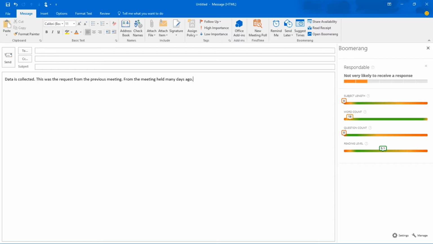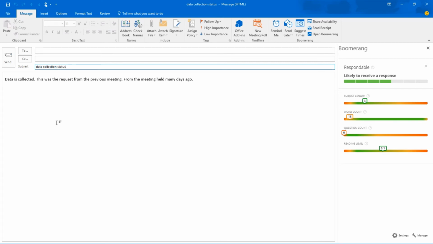You see, notice the lowest scale dropped down to the green area, where now the sentence construction has got much better to convey the meaning. But it is still saying that it is unlikely that I will get a response. So let me add something in the subject field that relates to the purpose of writing this message. And also I'm going to follow that 2 to 6 words in the subject length recommendation. So now you see the top scale slider slide up into the green territory, and also the overall score changes to green. Of course, it's still not perfect, but it says now I am likely to get a response.